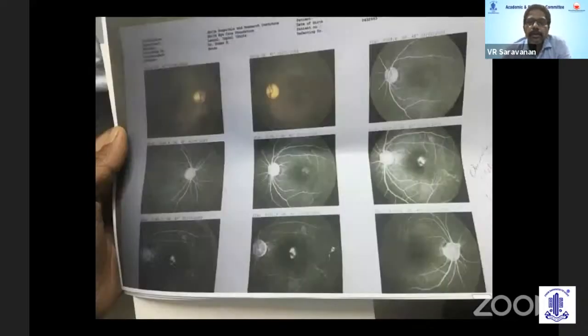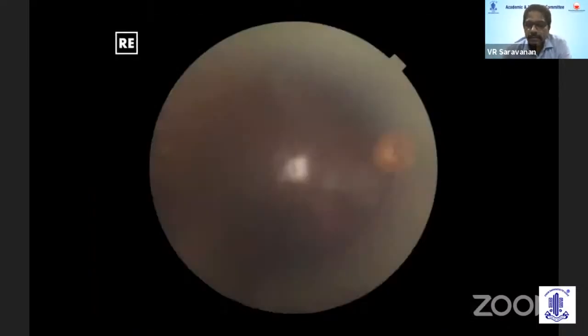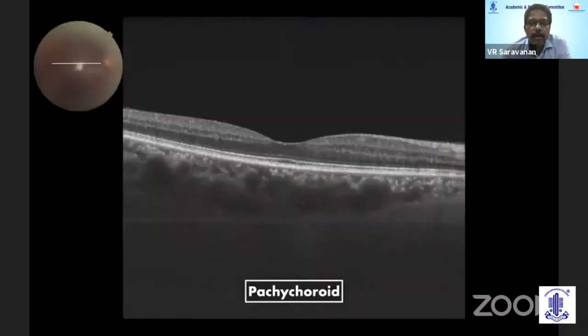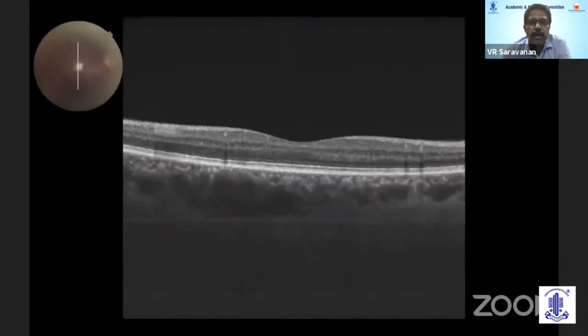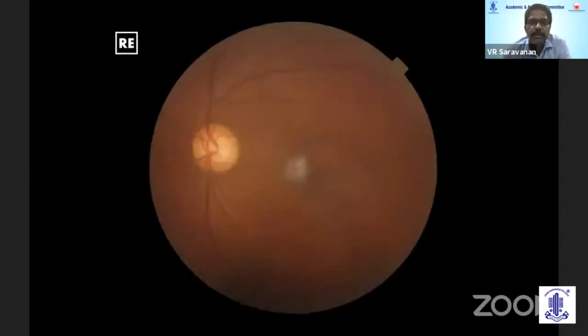This was the older angiogram which was taken elsewhere. You can see there's a diffuse RPE epitheliopathy with some sort of leak in the left eye in the central area near the fovea. And this was his right eye. It was not well dilated, and you can see that it was normal on the OCT, both the horizontal and the vertical OCTs. But you can notice the large choroidal vessels indicating the pachychoroid disease here.